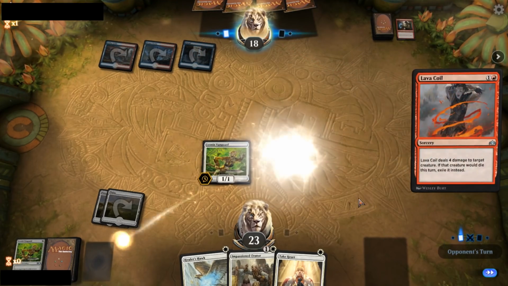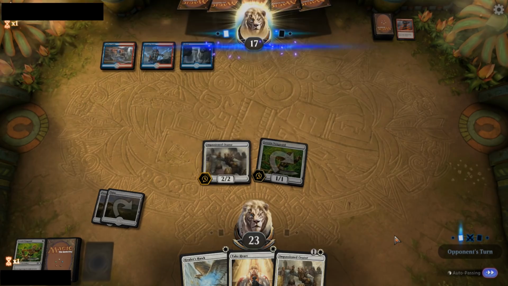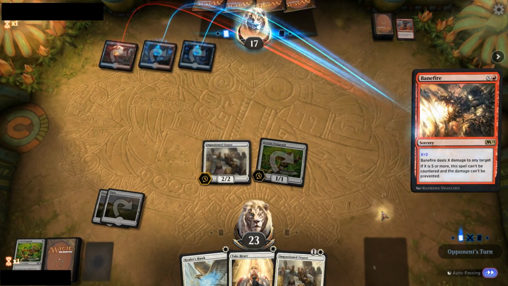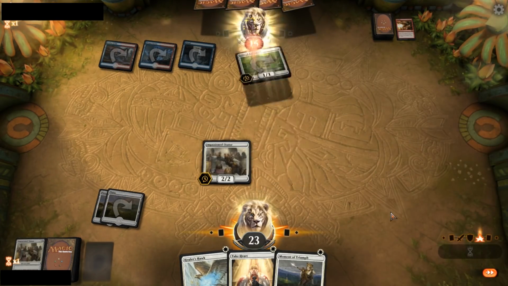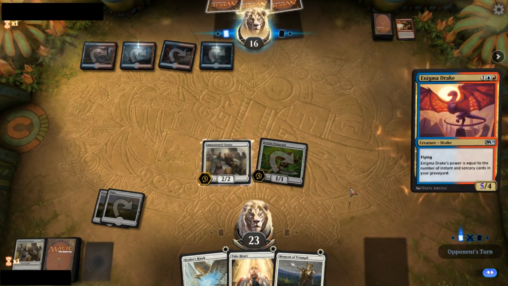Lava Coil to the other one. So that's nice. But, you know, I've got options. It's not over. I could pull a Pridemate at any time. I am totally screwed for mana, but, I mean, I got a 2 cost, 1 cost, 1 cost, not the end of the world. He wastes a Banefire, and I mean wastes. If you see what was in the rest of his hand, that was not a correct use of Banefire, but